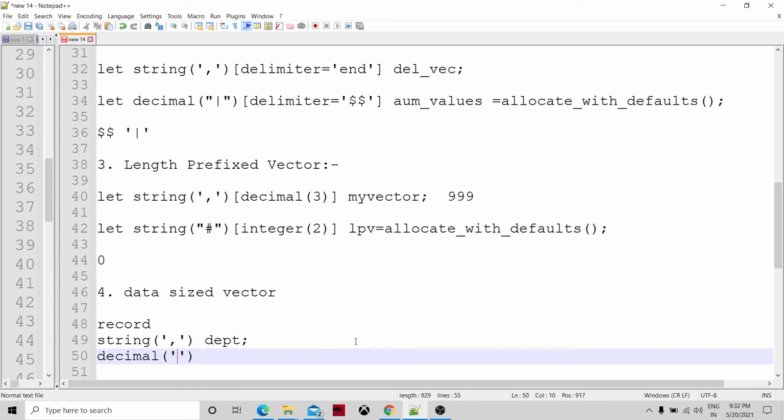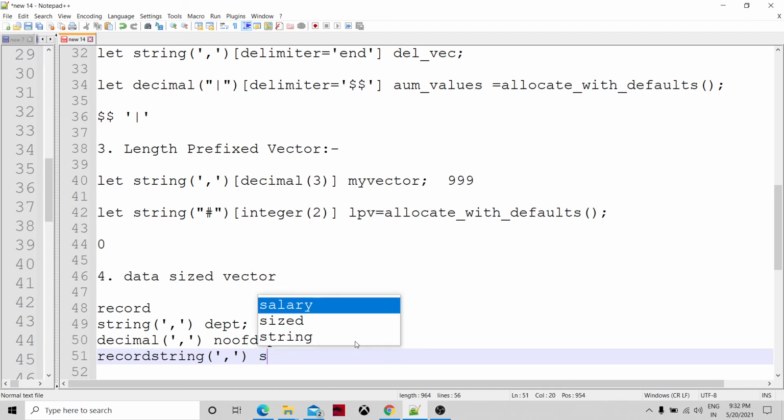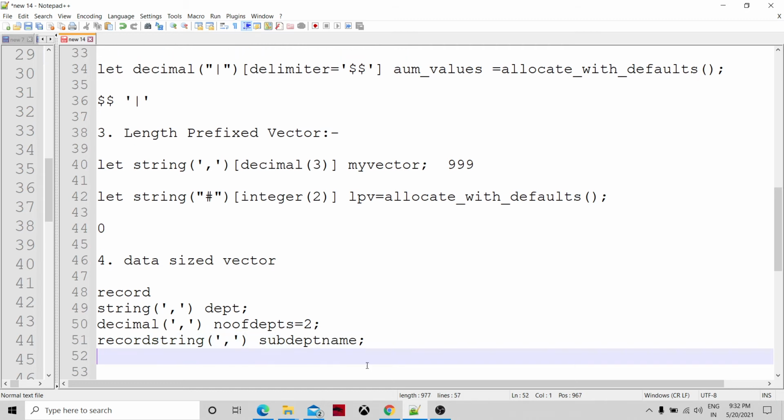Okay. Let me take this one, number of DPTS. By default I'm taking 2. And then there is another record within that, and there is a string, let's say sub dpt name. Within department we have a sub department, let's say. So my record becomes, let's say,